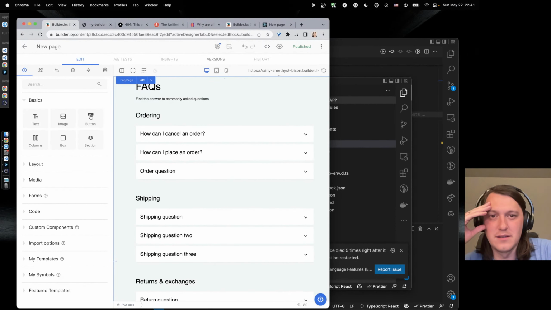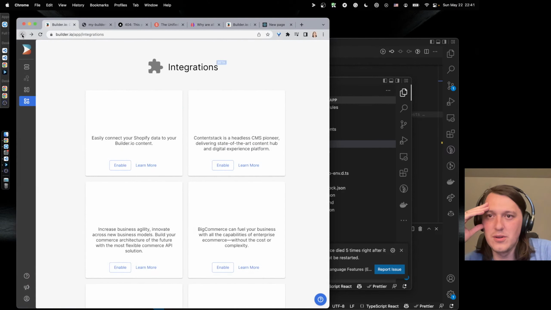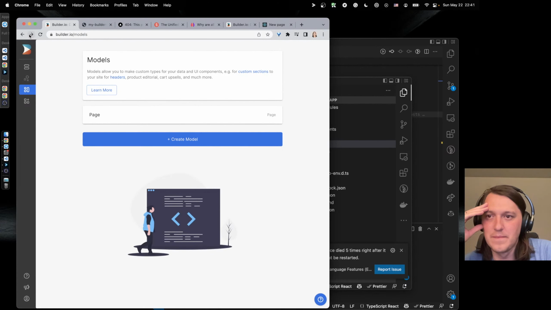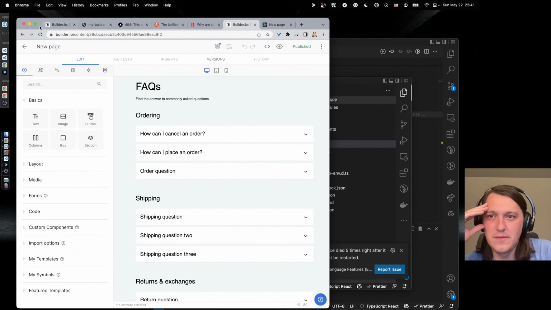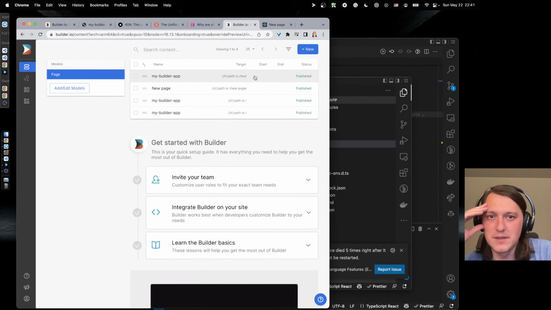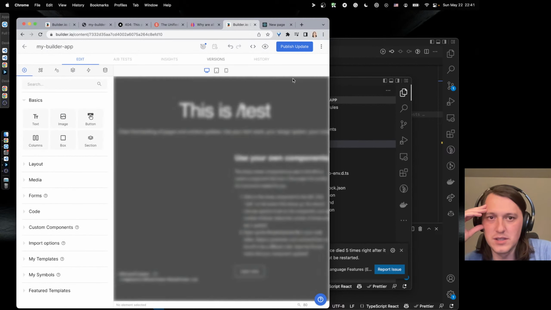Yeah, so again, I'm confused on the whole idea of how do I understand if it's connected to the localhost or not. So is this one?